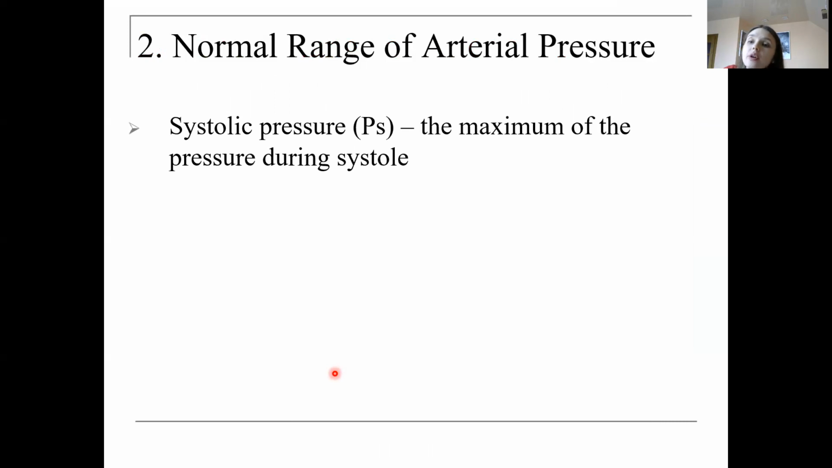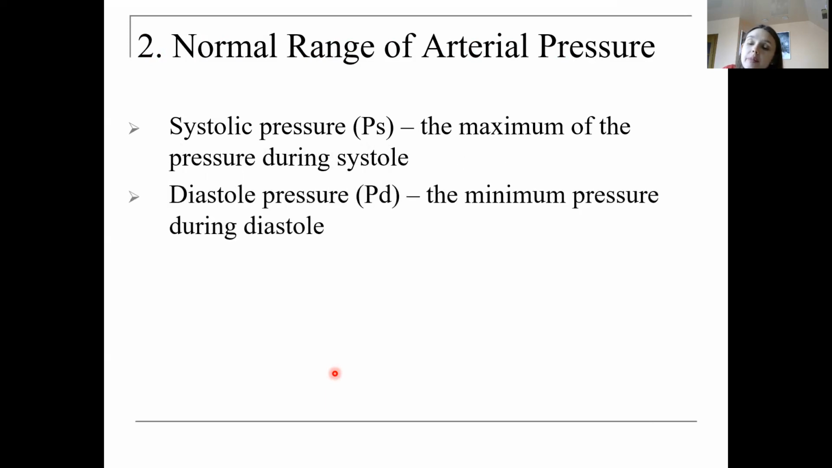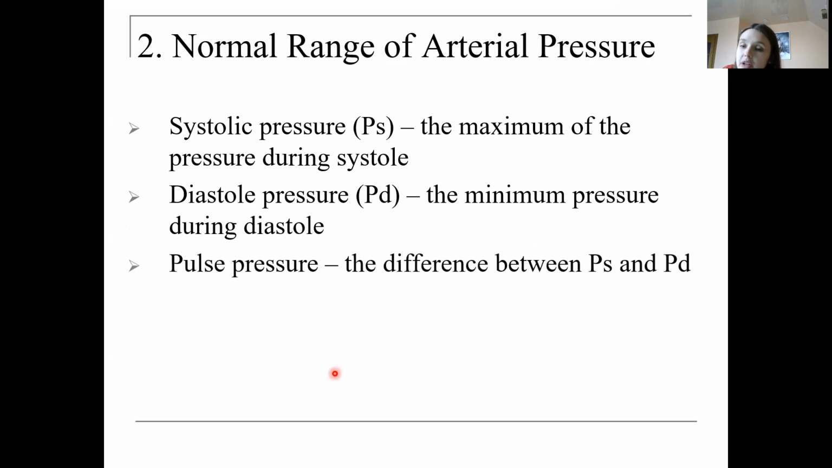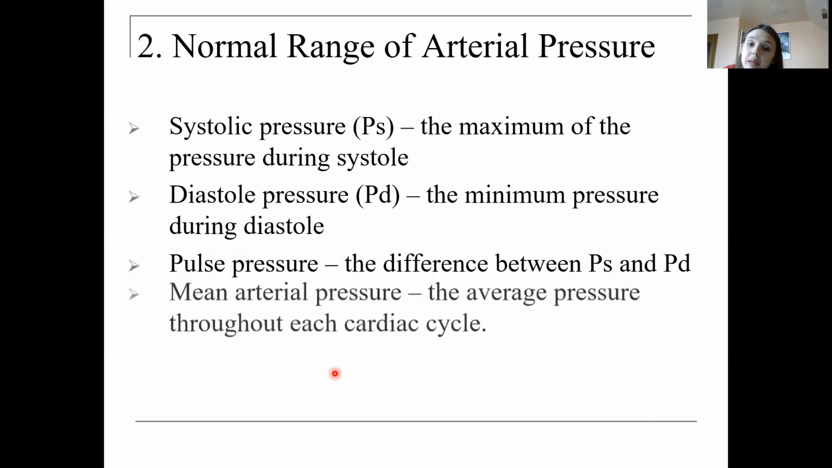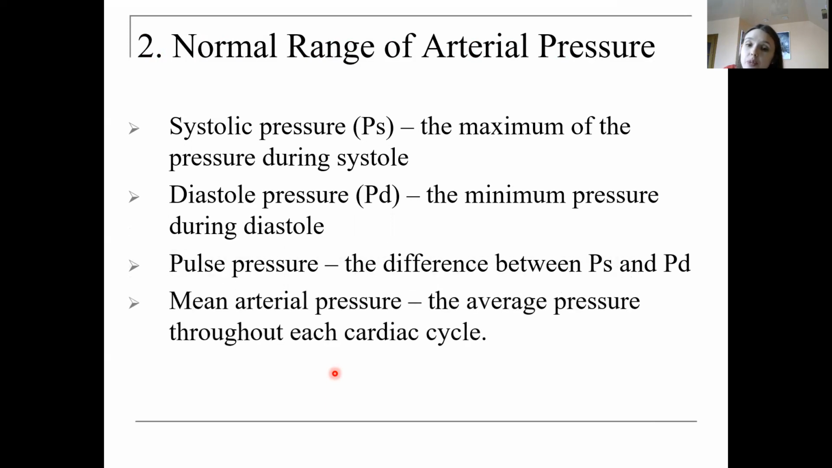Systolic pressure, as we talked, is the maximum pressure during the systole. Its normal value is from 120 to 139 or 140 millimeters of mercury. Diastolic blood pressure is the minimum pressure during the diastole. It's about from 60 to 80 millimeters of mercury. Pulse pressure is the difference between systolic and diastolic pressure, and the mean arterial pressure is the average pressure through